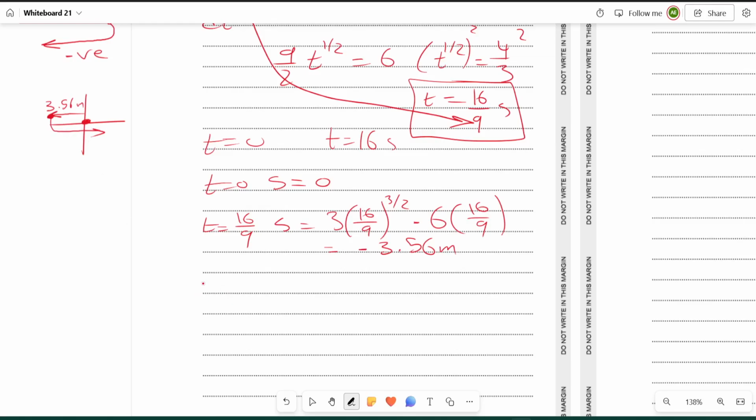So at t equals 16, s is going to equal 3 times 16 power 3 over 2 minus 6 times 16, and that is going to give me an answer of